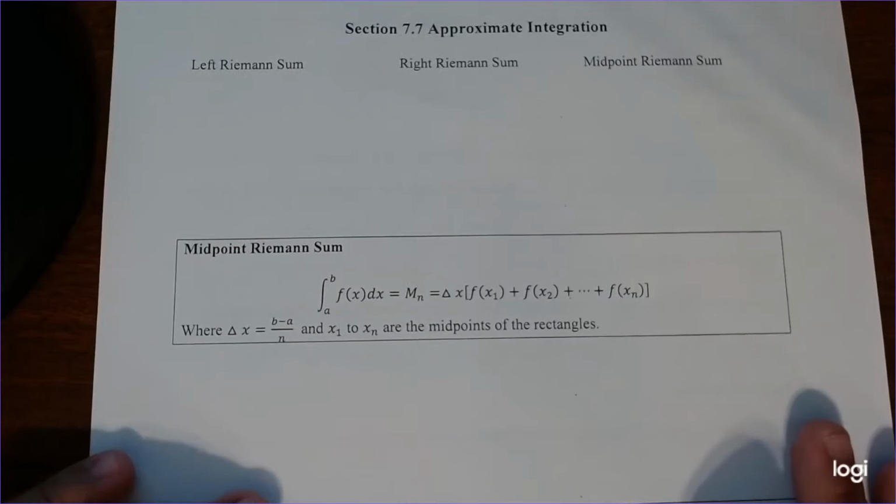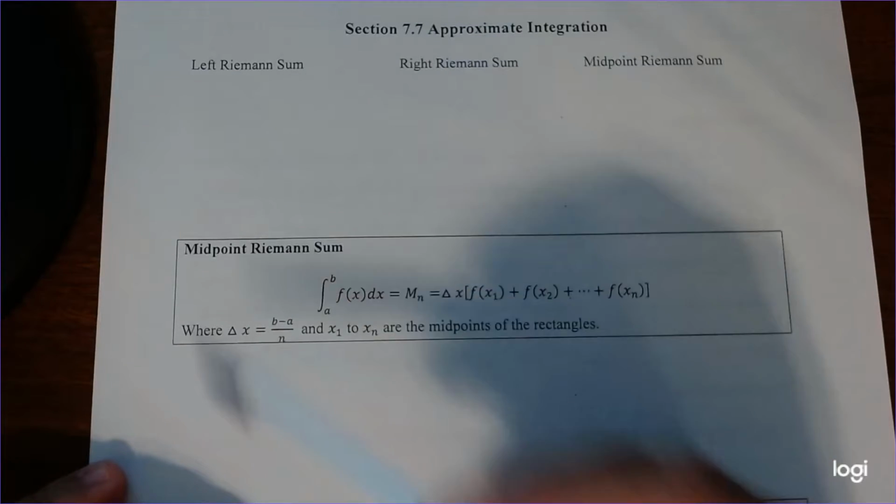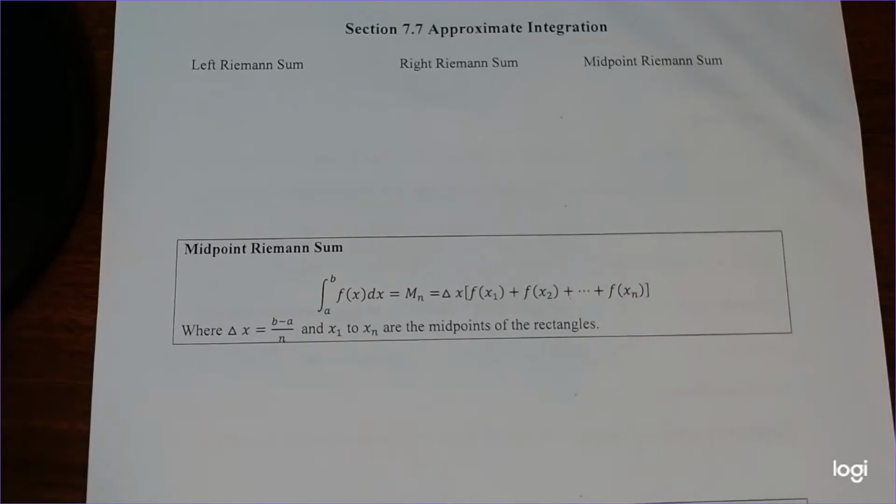Okay, hello everybody. So this is going to be section 7.7, approximate integration. A little precursor back into calculus. We're going to talk a little bit of a review next time, but this time we're going to talk about one section before, what approximations can come to it. So different types of ways of solving for areas under curves, besides using Riemann